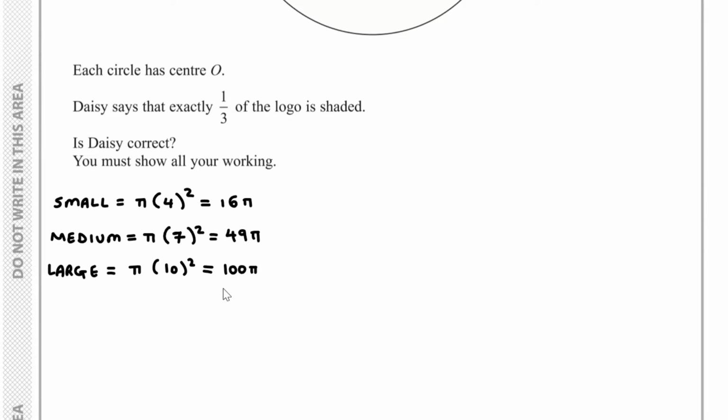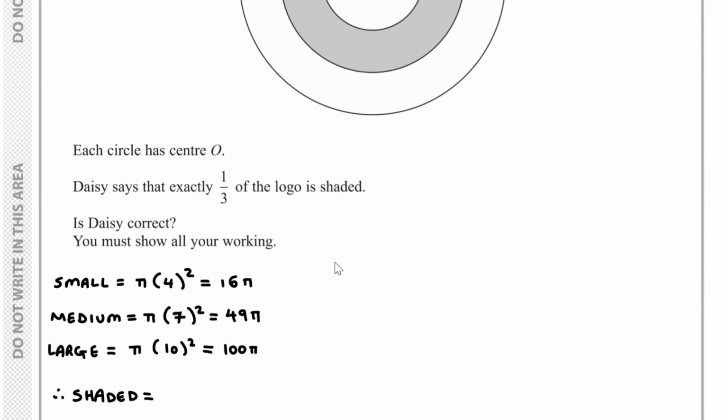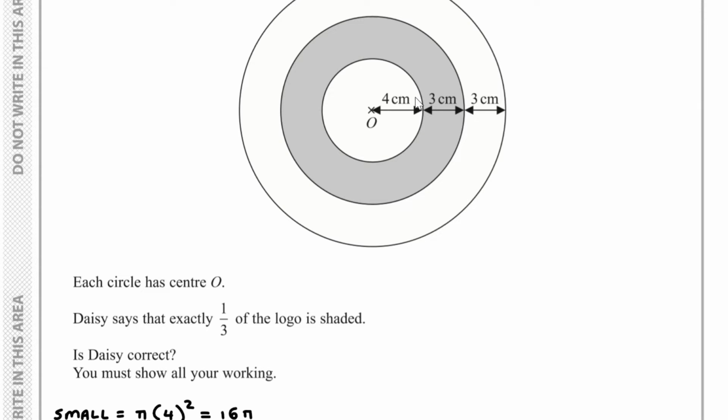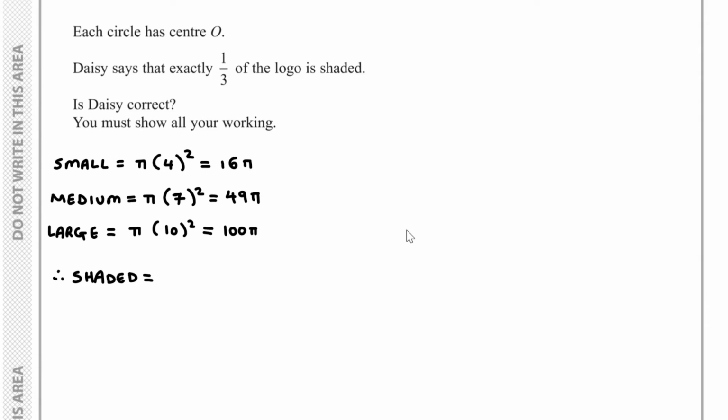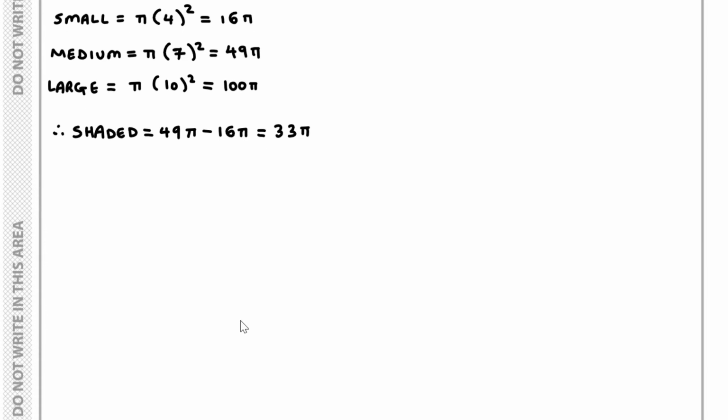So the shaded area is equal to the area of the medium circle take away the area of the small circle. So we've got the shaded area, which is equal to 49 pi take away 16 pi. It turns out here we get 33 pi, and therefore the proportion of the logo which is shaded,